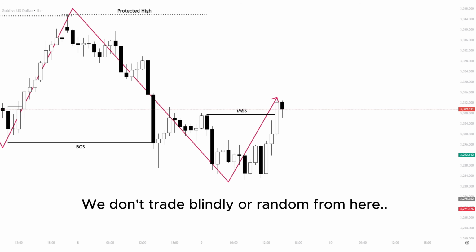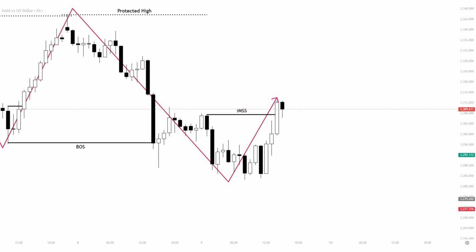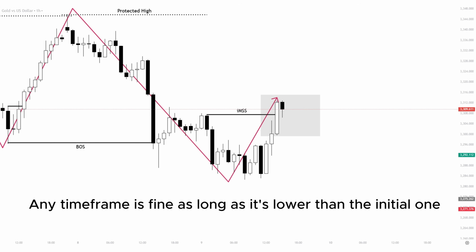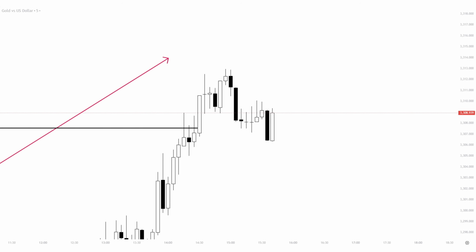Now we don't just trade blindly from here, because the way to get a higher quality setup by trading the internal price action is to zoom into a lower time frame. And what we care about the most is around this level, being the most recent price action that we can see lately, being right after the internal trend shift. We can zoom into any time frame. However, from the hourly, I've tested that it works better if we zoom into the 15 minutes or the 5-minute time frame. It's up to your choice because you will find a similar price structure anyway. Now here we see that after the